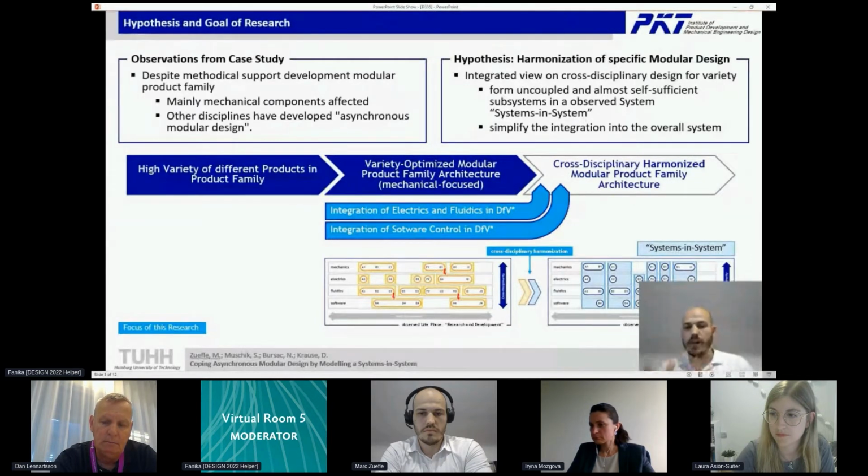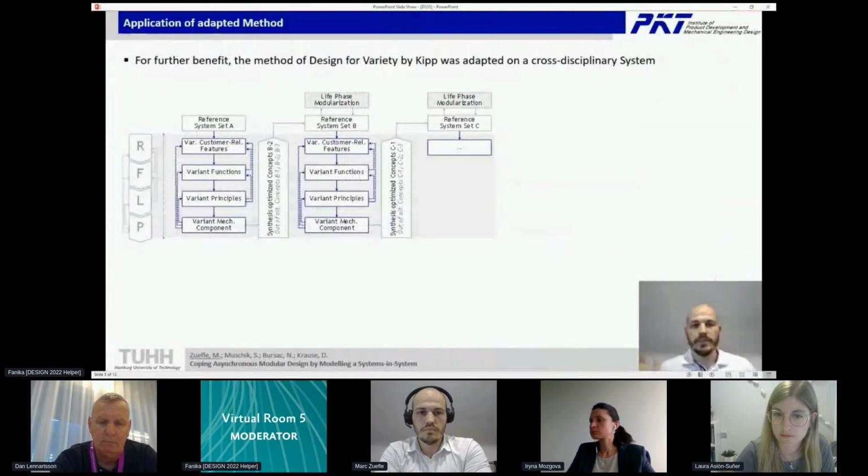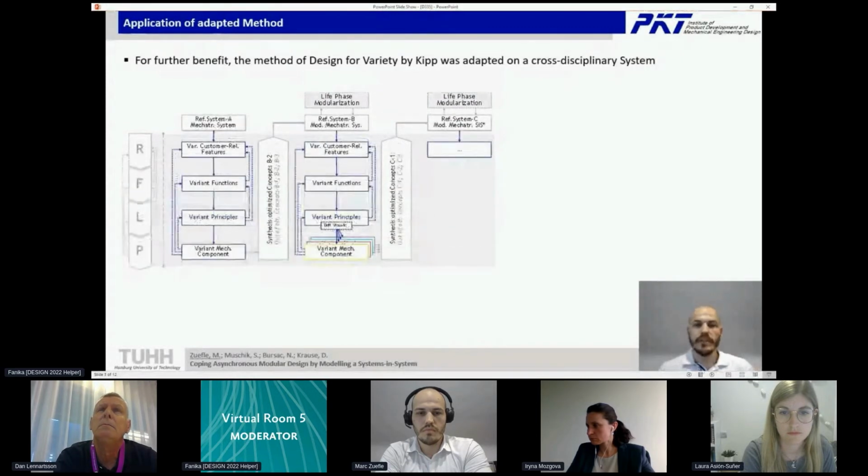Our goal is to harmonize the module cuts, as depicted in the figure on the right side, which we then call systems in system. If we look at the application of the adapted method, we started with the Design for Variety method by Kipp, and it was adapted to a cross-disciplinary system. The cross-disciplinary system adaptation is seen in this picture. As you can see on the physical level, there are different disciplines added to the level.